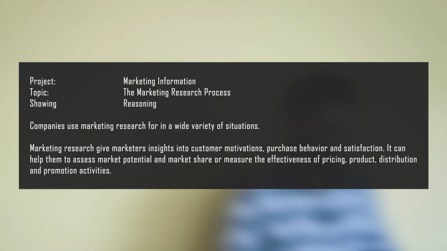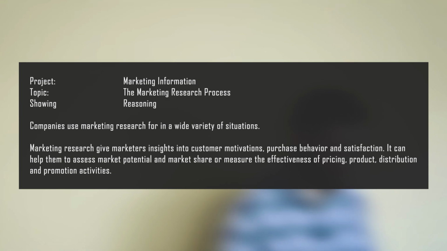Companies use marketing research for a wide variety of situations. Marketing research gives marketeers insight into customer motivations, purchase behavior, and satisfaction. It can help them to assess market potential and market share, or measure the effectiveness of pricing, product distribution, and